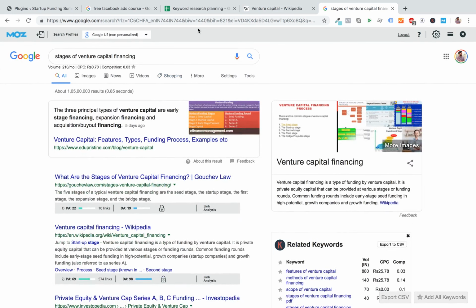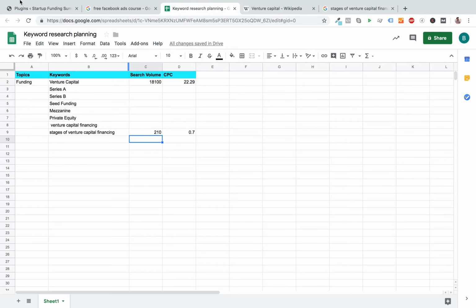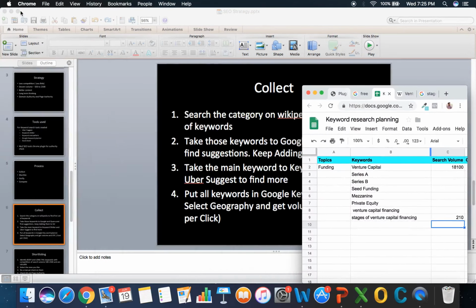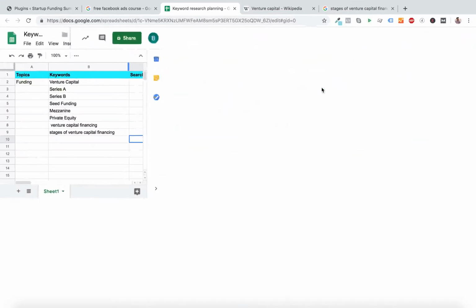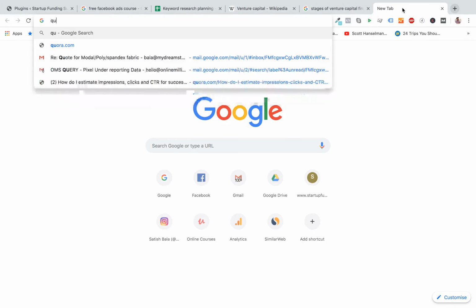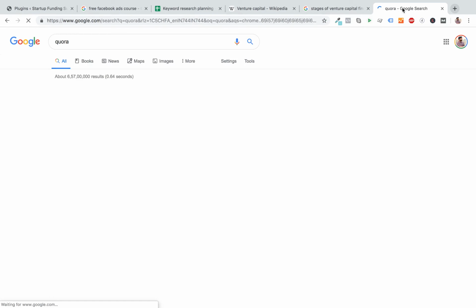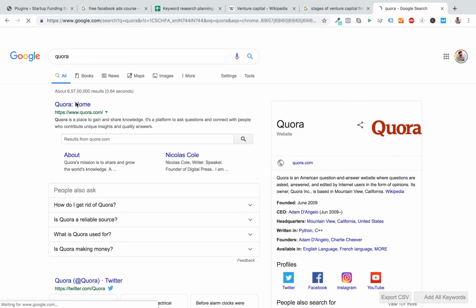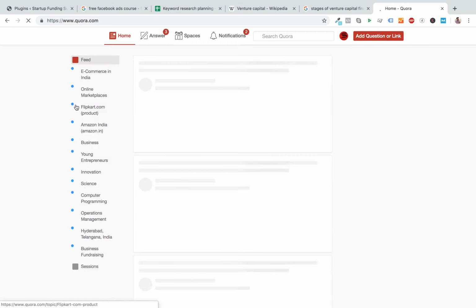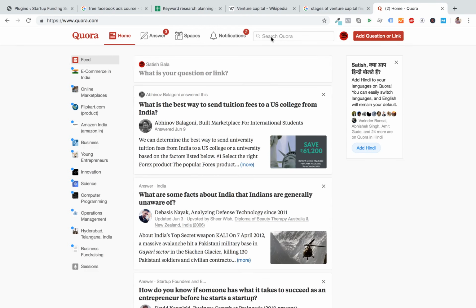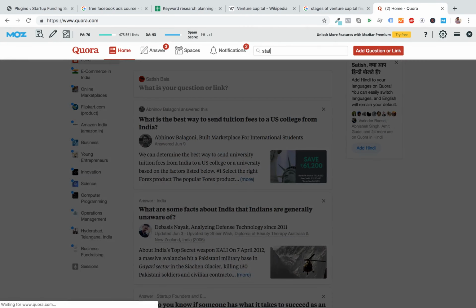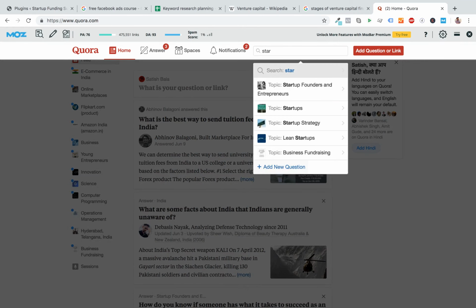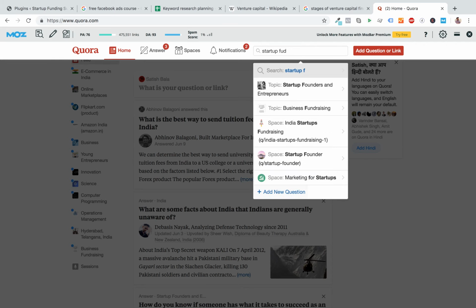So we have used three things so far. We have used Wikipedia, we have used Google keyword suggestions, and in fact, we should also use Quora because a lot of people ask questions in a very definitive format there, right? If you go to Quora, you might even get some better ideas around how people are searching for your keyword results. Let's just do that right away. So I'm going to put in startup. See, these are things, startup funding is our key area, right?